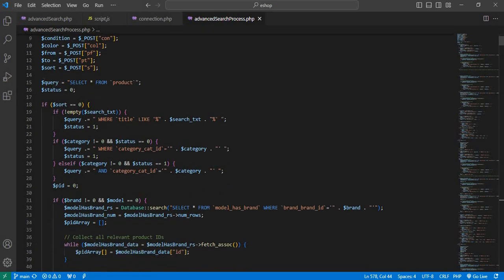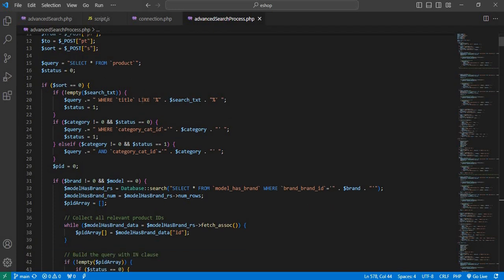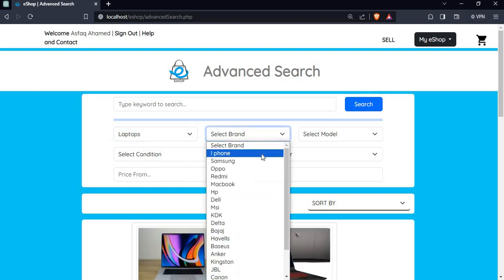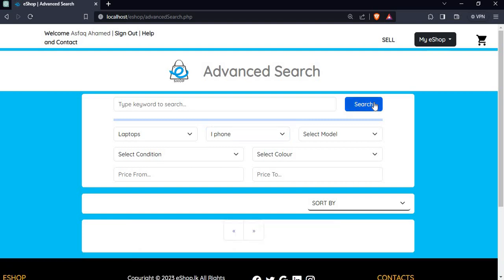So here I have created a parent query, select all from product, and here now we can assign extra parts when needed to this parent query by concatenating and assigning to it. We must concat and assign. So here I have given the status value as 0 because this $status will be needed when selecting multiple conditions. Now if a single condition is selected, then the status is 0. Now if there are multiple conditions already selected,